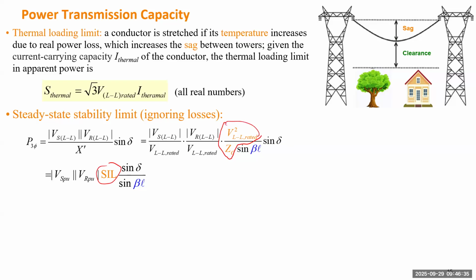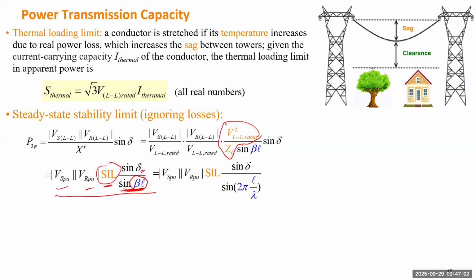So we'll have another more useful formula. If we know the per unit voltage, we know the surge impedance load, and we know the angle difference, and also the length of the line, we can utilize this formula to calculate the active power. Okay, next. So this is like a sine function. Okay, beta is around